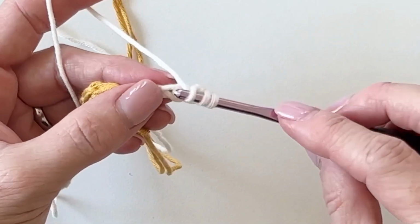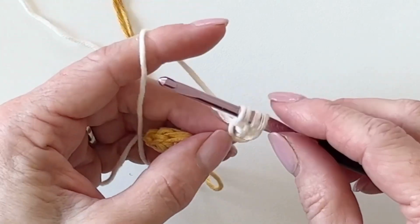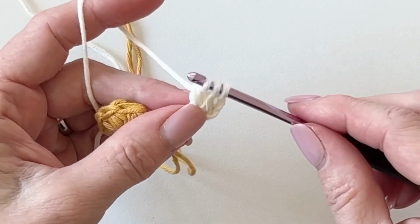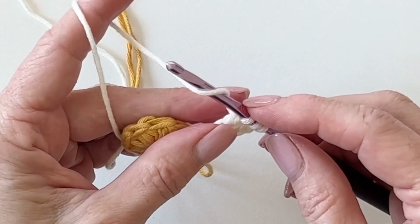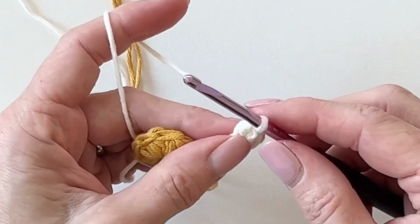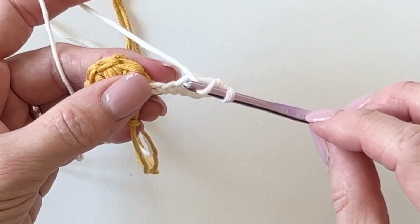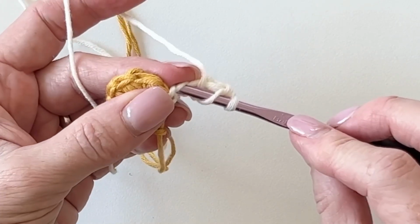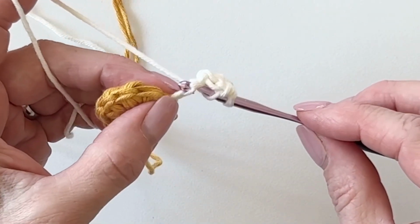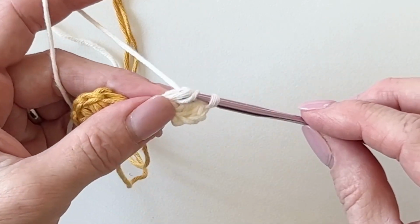Yarn over, insert your hook again into this same chain, pull up a loop, pull through 2, and then yarn over and pull through all 3. So we're making these petals a little bit chunkier by using a double crochet 2 together cluster into 1 chain. So now I'm working into the next chain, yarning over, pulling up a loop, pulling through